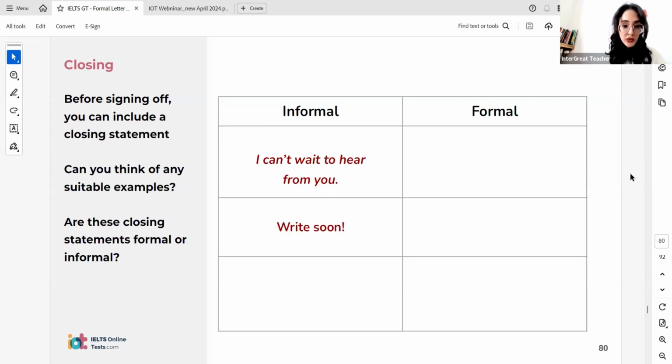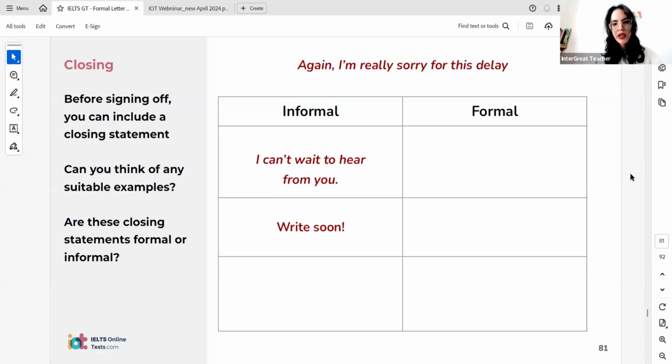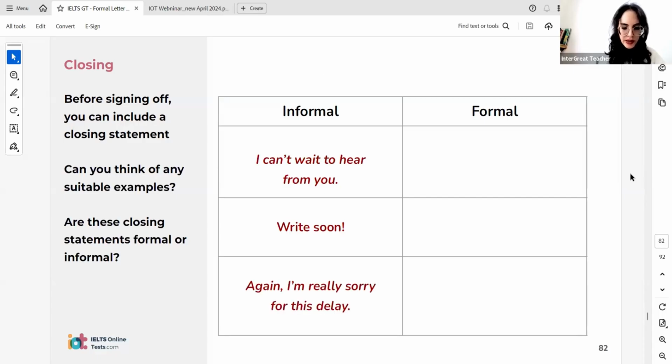Mm-hmm. Informal. The exclamation point shows feeling, so definitely informal. Again, I'm really sorry for this delay. Also informal. Okay. And then, it goes without saying,